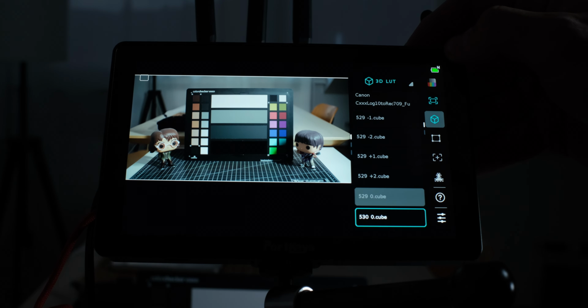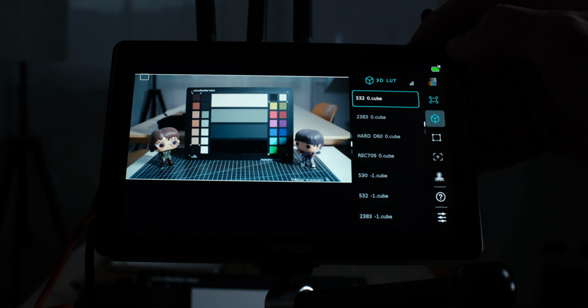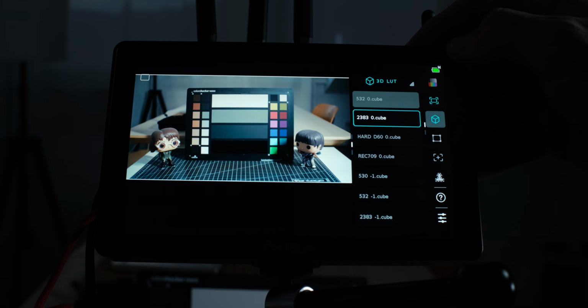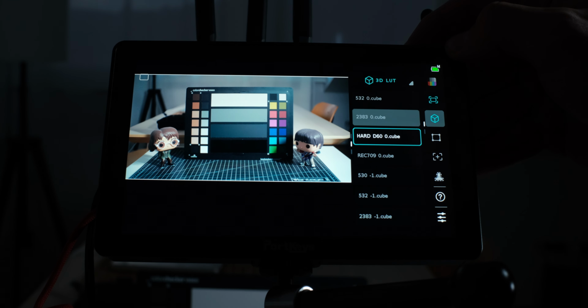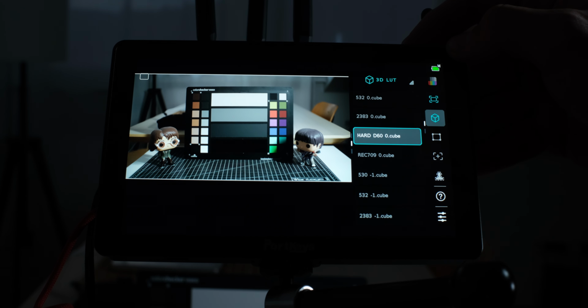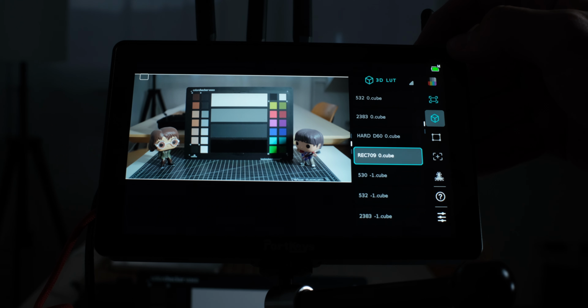Now the fun stuff. Think about the creative LUTs like your different film stocks. You can choose one and shoot accordingly. And since it's digital, it's not baked into the image. So in theory, you can change the look. Not in theory, you can change the look so easily on the fly. You can just choose another film stock, load it into your monitor, and just shoot accordingly,